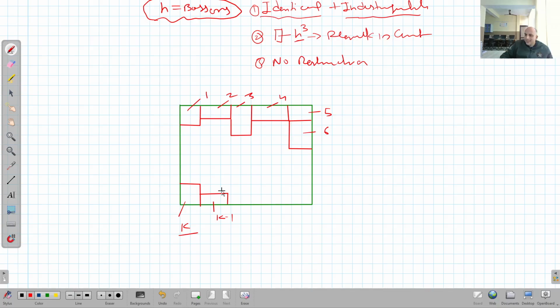Clear? What is the next step? Now I'm going to divide all these compartments into very small cells of equal size. Clear? So in the first compartment, this is the first cell, this is the second, this is the third, this is the fourth. All these cells are of the same size. Clear?